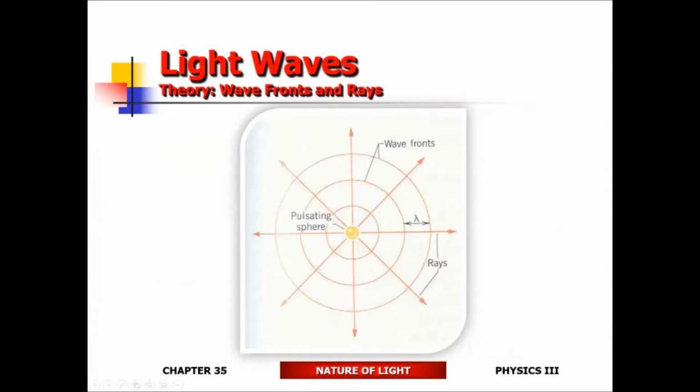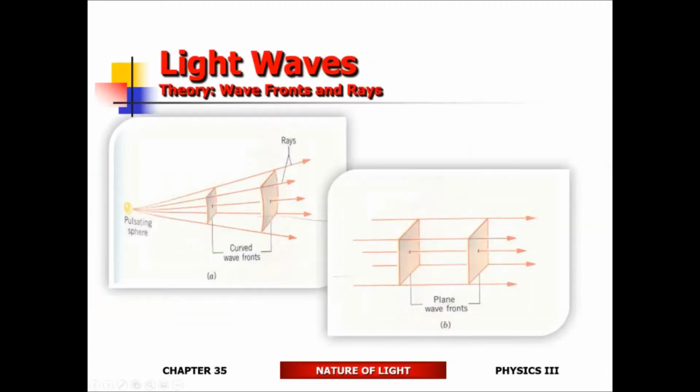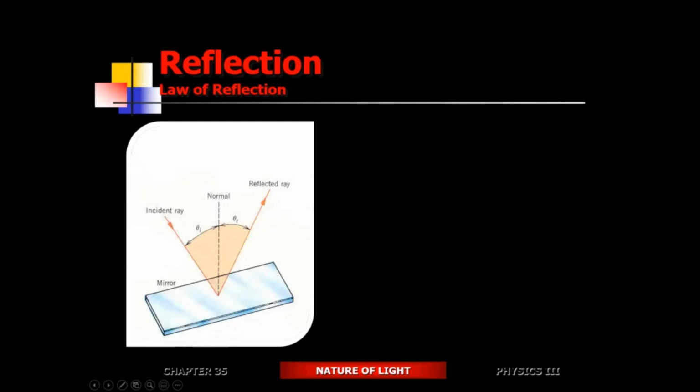All right, so let's get back. The electromagnetic waves are traveling radially outward in this direction. These are the wave fronts at the light speed. If you draw lines perpendicular to these wave fronts, these are known as the light rays in essence. The distance between the wave fronts is known as the wavelength. So you've got these wave fronts, and you've got the light rays, which are perpendicular to the wave fronts. And that's what we will discuss.